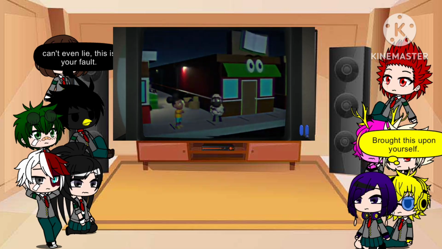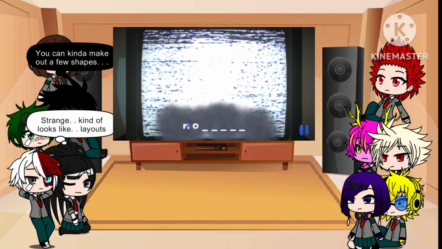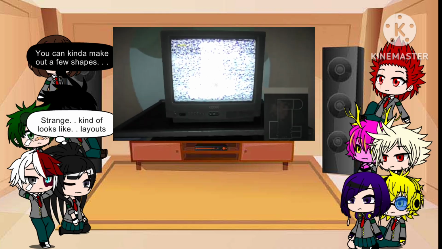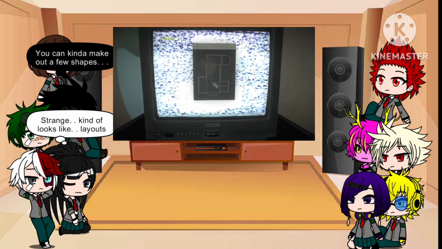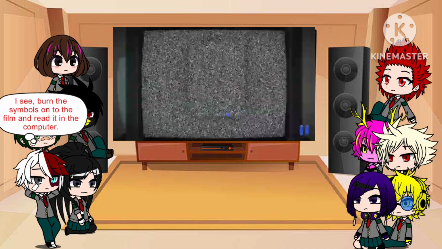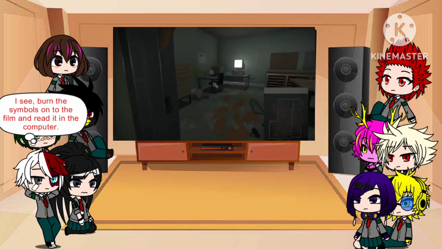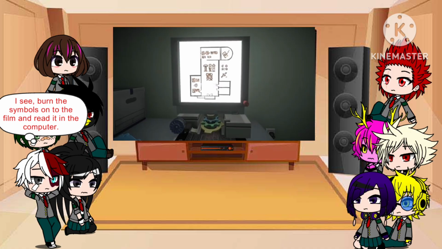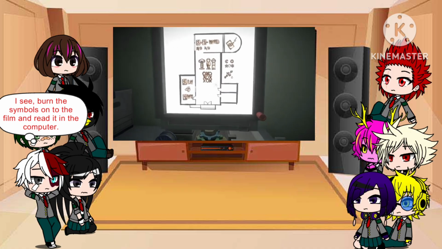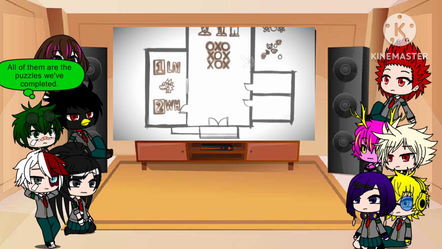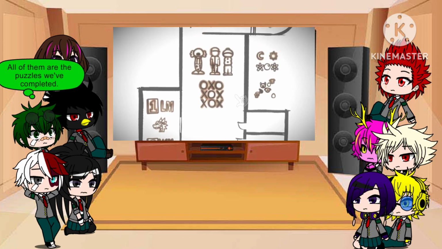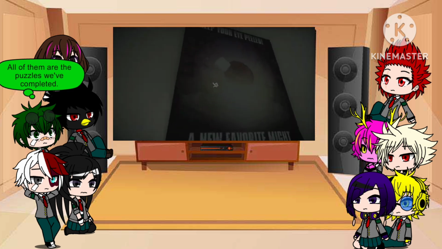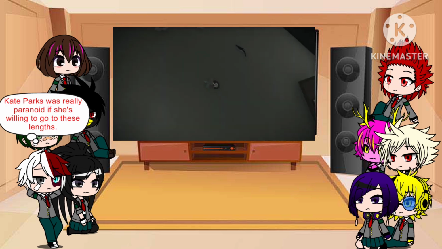Throughout this tape, you will notice moments where the screen switches to bursts of bright static. While these moments occur, if we take the microfilm slide and place it upon the television screen, then it begins to burn. Doing this 4 times during key intervals and then returning to the projector reveals a layout of the library replete with various markers. Each of these markers relates to the location of one of 3 keys, as well as showing off the puzzle solution tied to them. These keys once obtained can unlock Kate's desk and lead us to the game's endings.